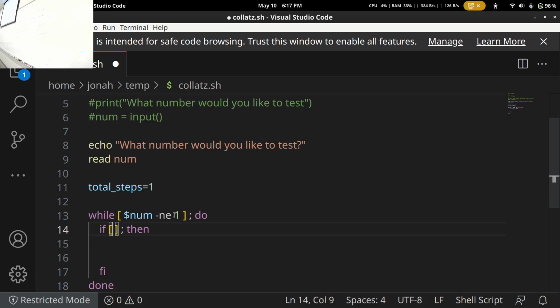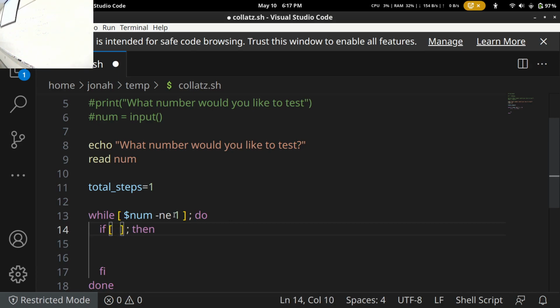So now we kind of have to do some math. And math isn't very fun in bash. So we have angle brackets. That's a conditional statement. And then when we want to do math, we do double parentheses. Also say integer math, so math specifically for integers. Bash doesn't really like floating point numbers.